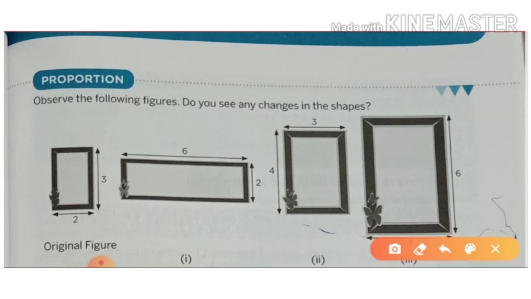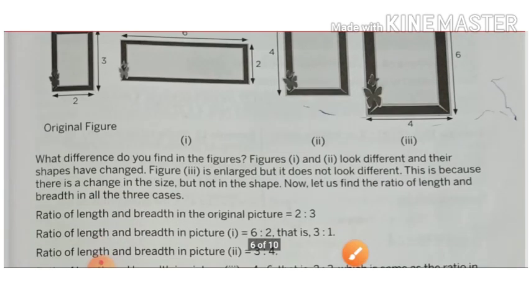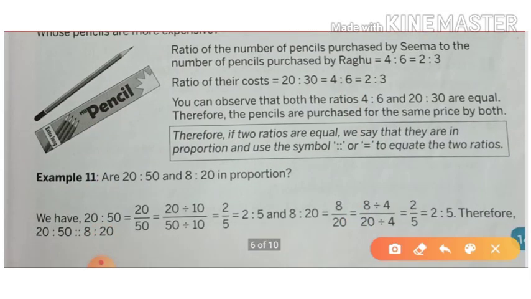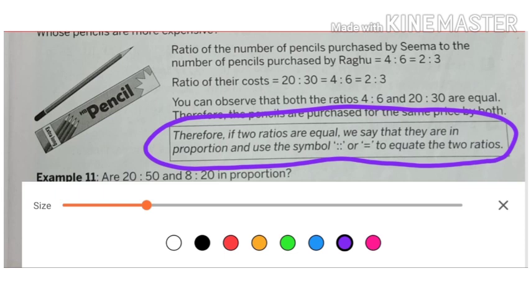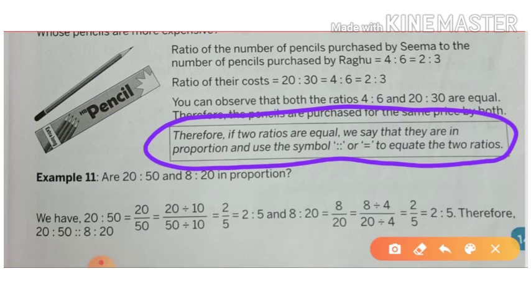Now, what is proportion? Here you are given the definition. If two ratios are equal, then they are said to be in proportion. And one more thing you have to remember, in a proportion symbol, in ratio we put 2 dots, here also we'll put 2 dots, but a total of 4 dots we'll have, like 2 colons we'll write. So here we can see like this: 4:2